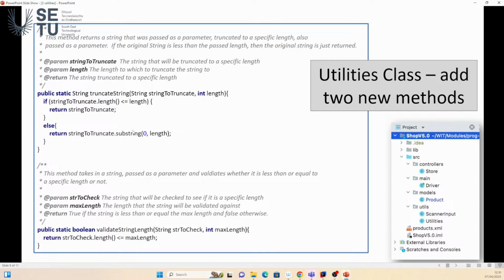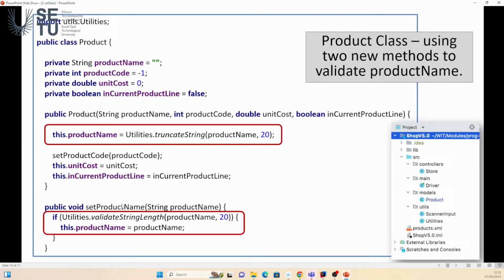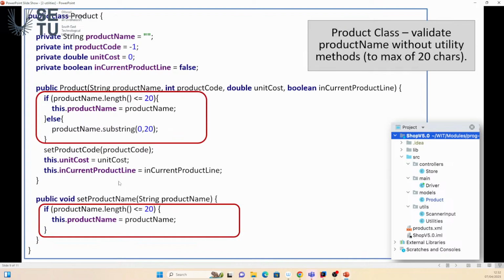If you try to use a substring on a string that's less than what the length, then your program will crash. So that's why we check it first. We only do the substring if it's greater than or equal to whatever this length is here. In this case, we know it's 20. Okay, and then,